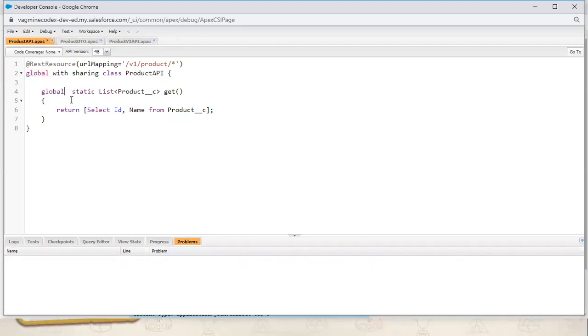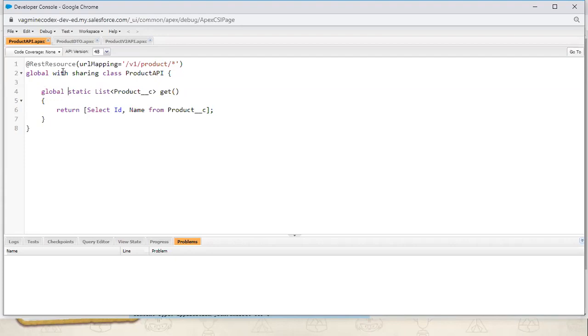Sometimes you create an application as an Apexian product, and when your application is installed in a different org, if you are not using global, they will not be able to access your classes, because public is only accessible in the same namespace. That's why we normally use global.